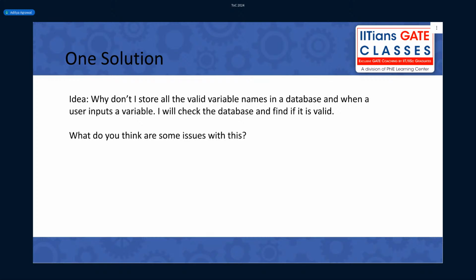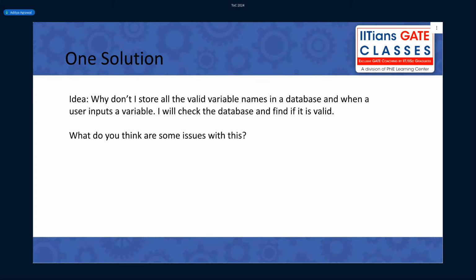Let's take this very simple. I told you I have the entire time to write all the variable names, and I will actually do that. Am I wasting space here also? Because I'm trying to store all the variable names in a database. The database takes some space, and if it takes some space, I'm wasting unnecessary space. Other thing is, if you have a set of variable names, like let's say 1 million variable names, won't your search complexity be high as well?